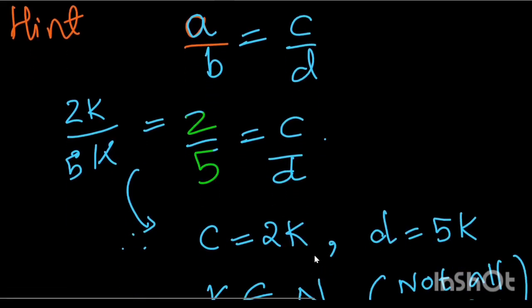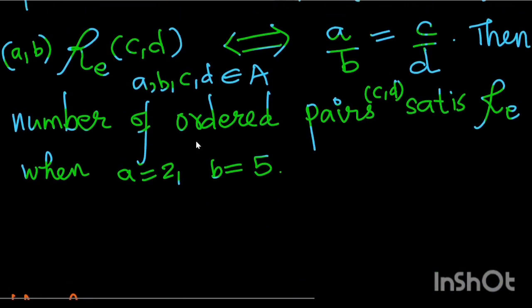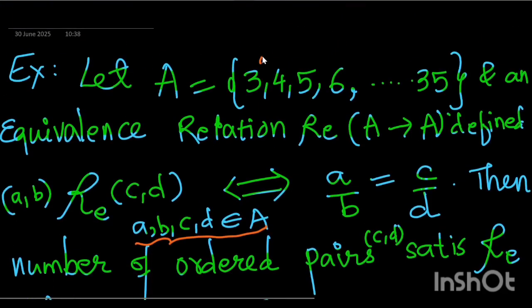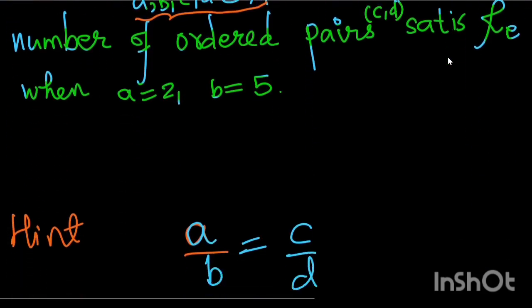So C can be assumed to be what, guys? C is a multiple of 2, D is a multiple of 5, k can be any number. Now since it is given that A, B, C, D belong to set A, they are natural numbers only from 3 to 35. So proceeding with this,